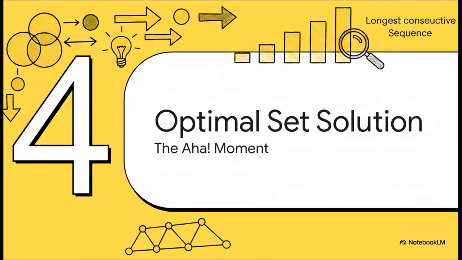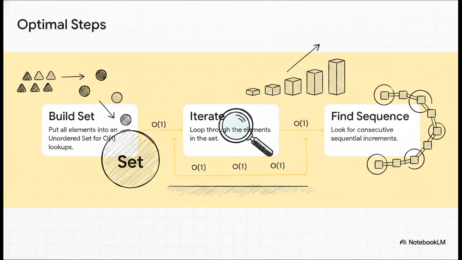Let's move to section 4 and see how this builds into the optimal set solution. The setup here is incredibly elegant. Step 1, you take all the elements from your array and dump them into an unordered set, or a hash set, depending on your language. Why? Because sets allow for big O of 1 lookups. They magically eliminate the need to manually search the array. Once your set is built, step 2 is to simply iterate through it, and step 3 is to look for